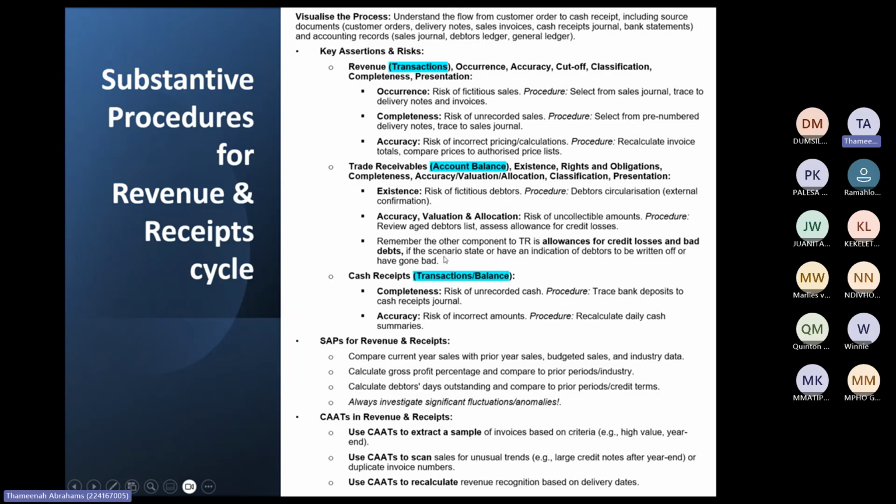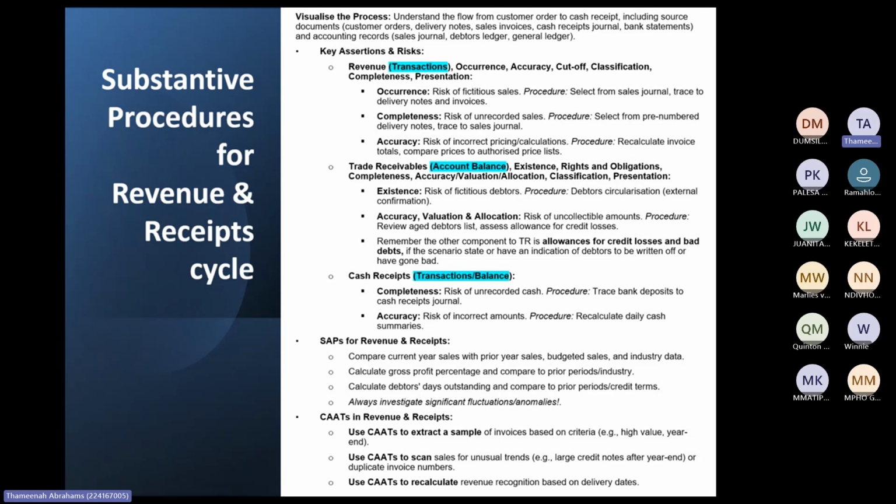So there, like I said, for example, for allowance for credit losses, you will inquire with management with regards to the assumptions used for allowance for credit losses. So when you inquire with management, then they will tell you, no, we use 5% or we use 10%. Then the next step is now to determine the reasonability of that 5 and 10% that they use to calculate the allowance for credit losses. And then you end up recalculating it. So you'll recalculate that 20 million example I used earlier times by the 5% to ensure that the balance is accurate. For bad debts, you basically inspect again.